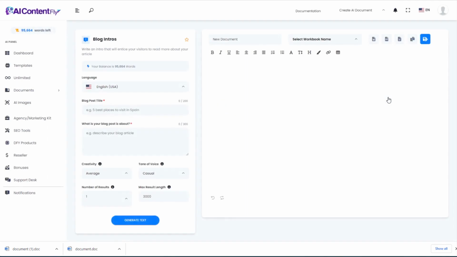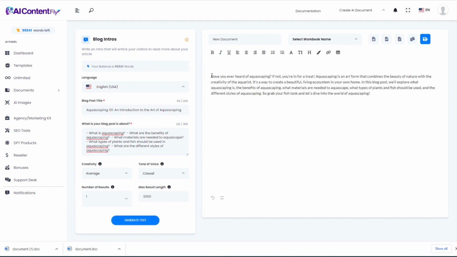Next, we have blog intros. And I'm going to use these same results that we used in the previous template, just by copying and pasting again what AIContentFly already gave us. We'll just leave it at average and casual. I'll just kind of leave the default settings for most of these demos just so you can see sort of an average demo. And it created a great blog post or even an article intro for us that helps draw